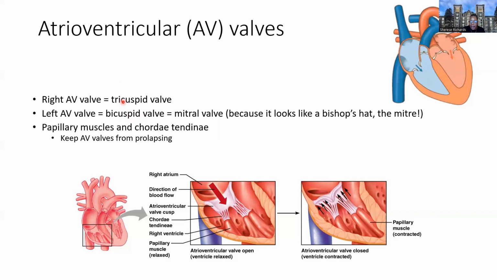So unlike the right side of the heart, it has two cusps. And just to explain the functional relation to that, the reason that it has an extra cusp on the right is because there's more volume coming back on the right. So the right side of the heart is more suited for volume. It's a lot of blood coming back from the systemic circulation. And so there needs to be an additional leaflet on that valve just to help to secure those chambers from